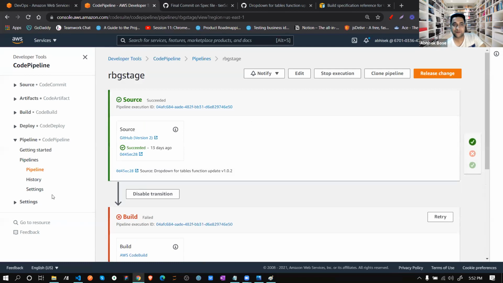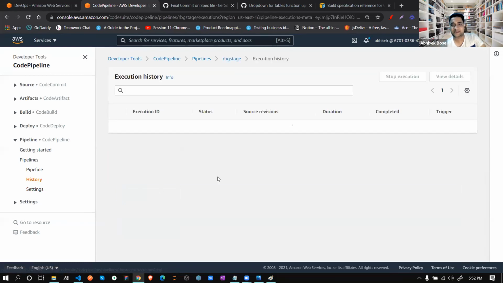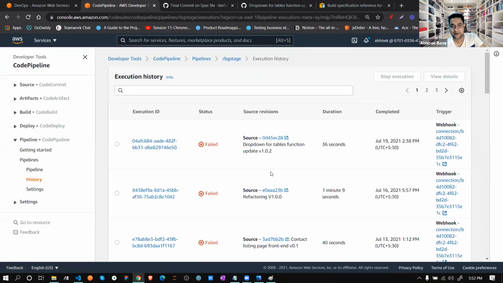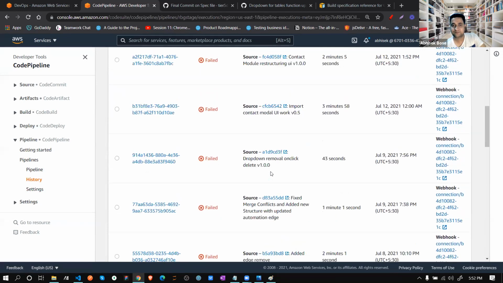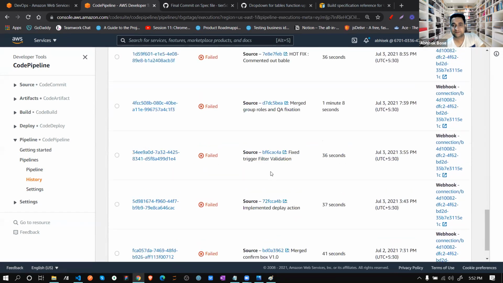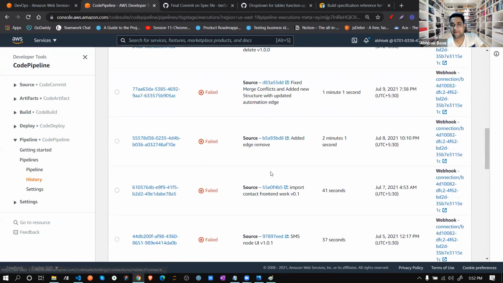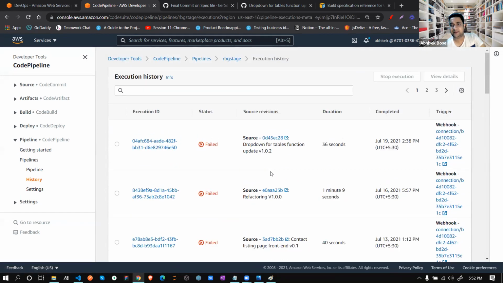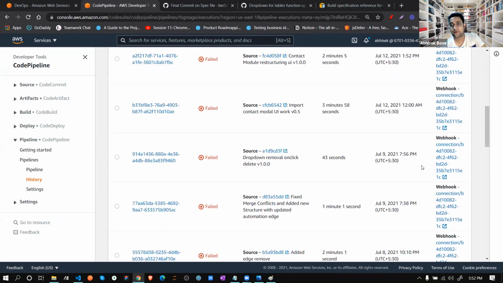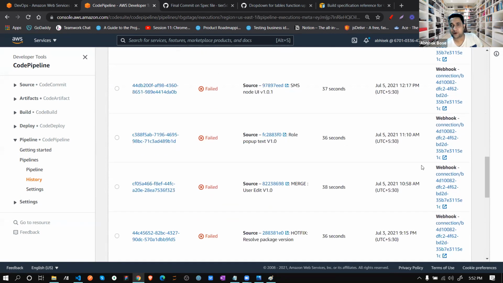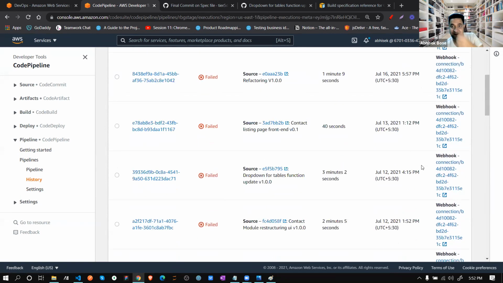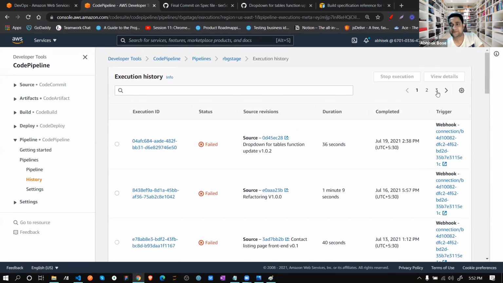Now, if you need to see how many times it worked successfully previously, see, every time developers push anything through this webhook with GitHub, it automatically tries every time, but it's failed.